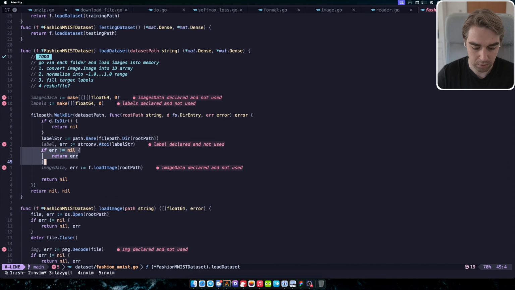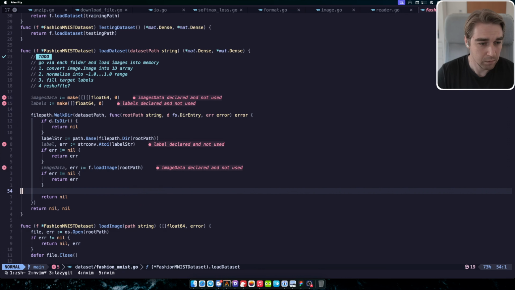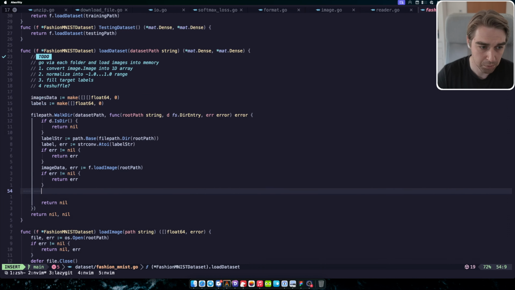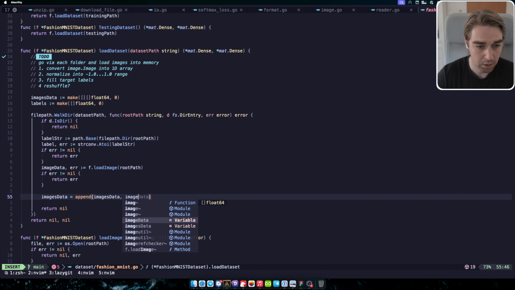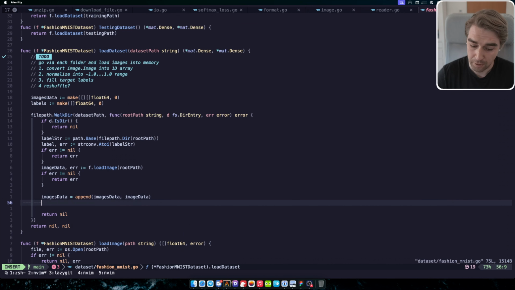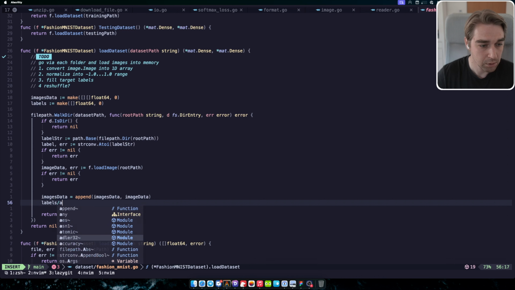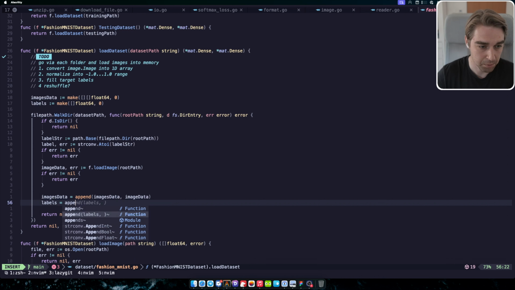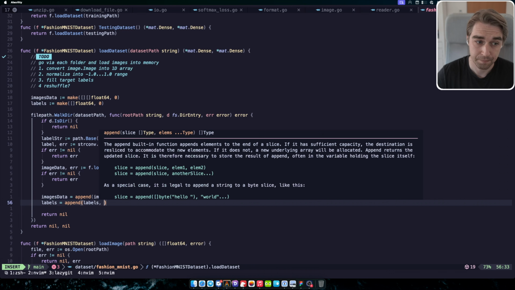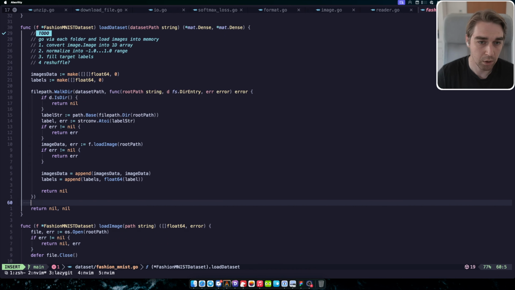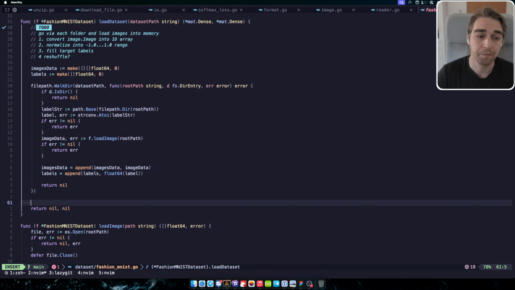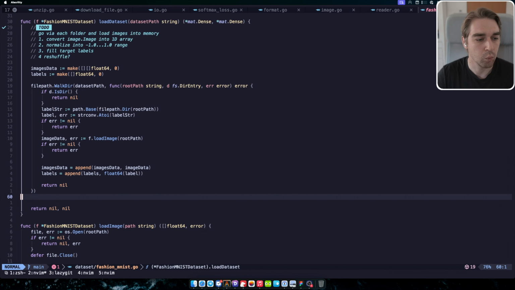So for example, if I have image data, which is the float 64, it means that I need to have images data append image data, right? And labels equals to append label float 64. And once we have this, I will write the load image later, but once we have this,